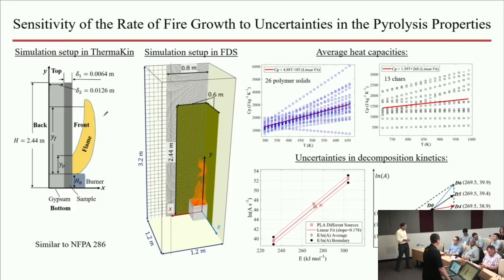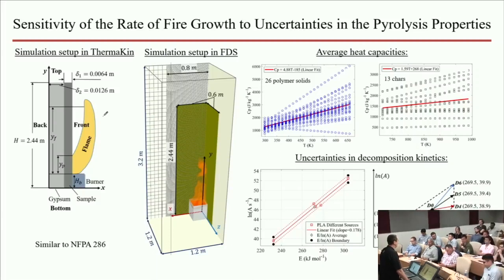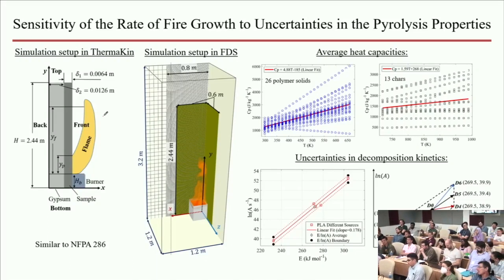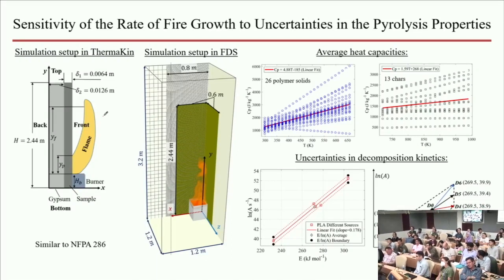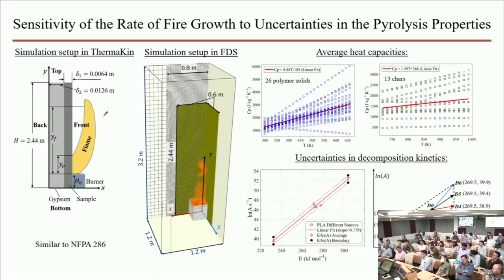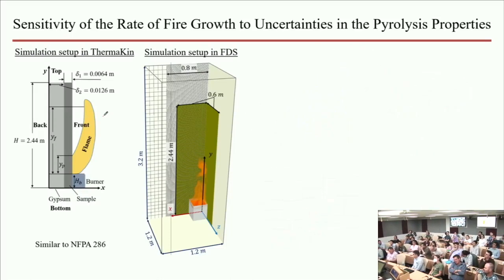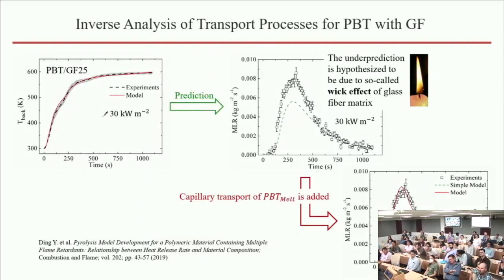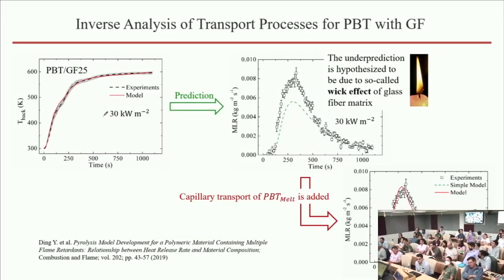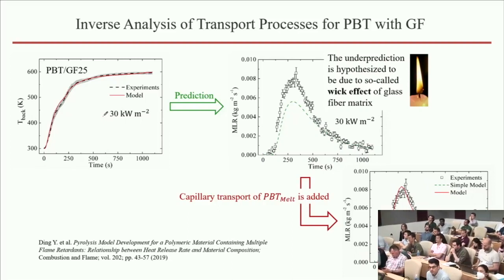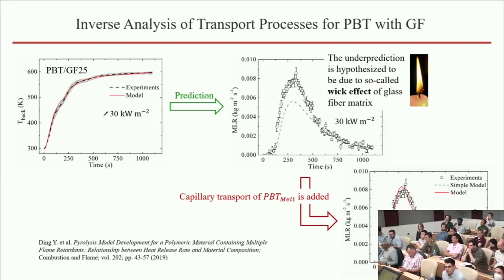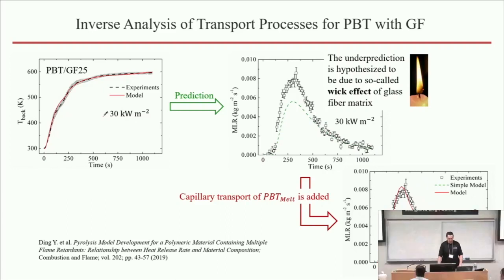Hi, Professor. I'm curious, how do you include a wick effect in your models to increase the mass loss? So by changing the properties of materials or adding some factors. So the question is, how do I include wick effect in my model? Can you be a little bit more specific and point to a particular example? You're talking about, for example, these simulations here? Yes, because the green line is without a wick effect, right? Yes, I wonder how do you include this wick effect? Okay, got you. Oh, yeah, I understand.